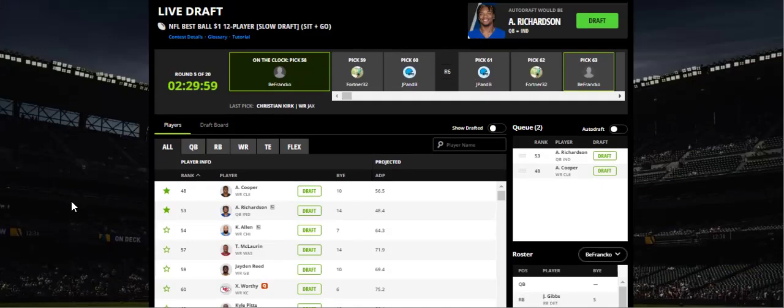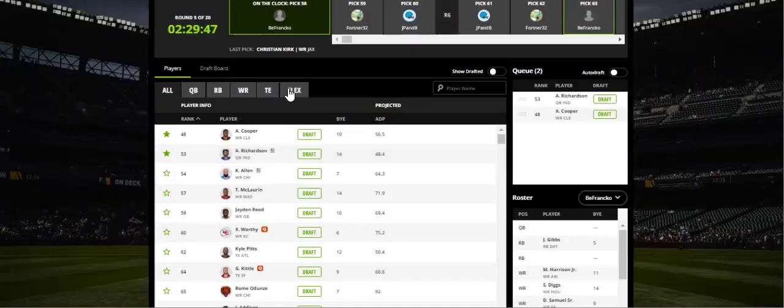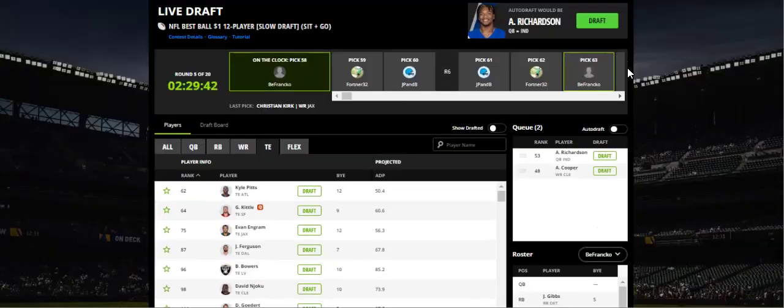What I'm thinking about with these drafts is that I had a tendency in the past to take him around here, and then if a tight end fell, I'd have to look at the other ones, but I think if a tight end fell, I'd probably want to take a tight end here a lot of times. A lot of times you have a Kyle Pitts, a George Kittle, and Evan Ingram that falls to you at 63 here, and I found myself with a lot of Pitts in this back part of the fifth, front part of the sixth round, and if I do that,